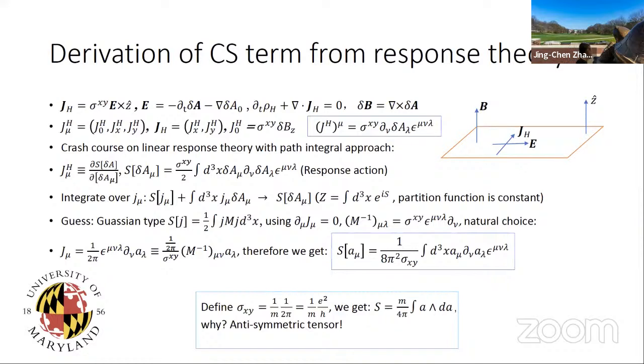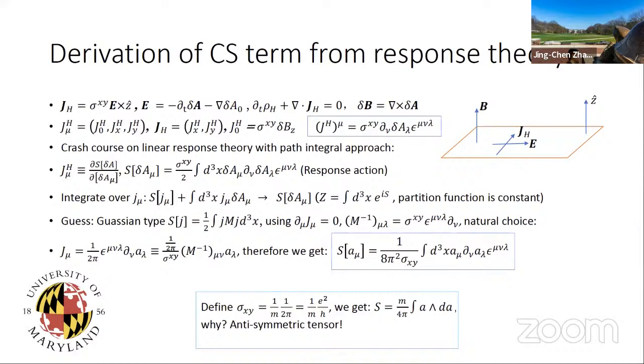And from that, we can calculate what S_j mu is. Here we use some tricks: we guess that my action is of Gaussian type because that's easier for theorists to do. After some technicalities and some math, we get that, okay, so for